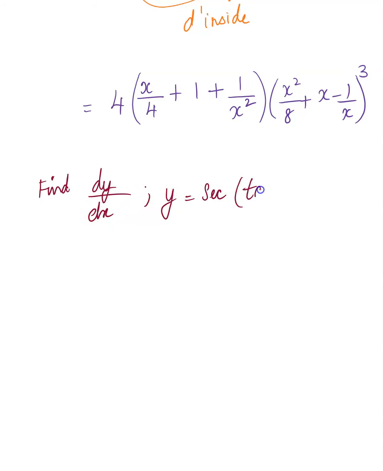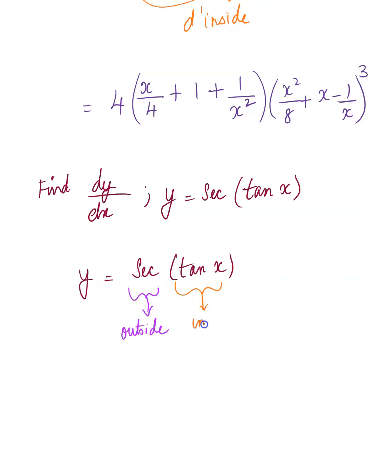Secant of tan x. This is interesting. So let me write this out once again. Take a moment, you can pause the video and identify the outside and the inside functions yourself. So we now have dy over dx